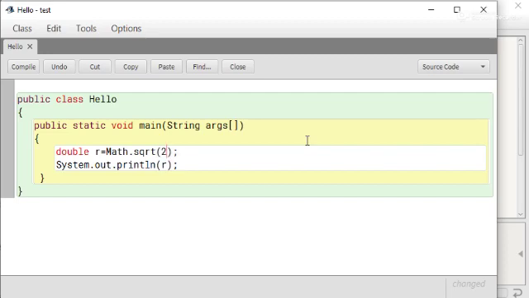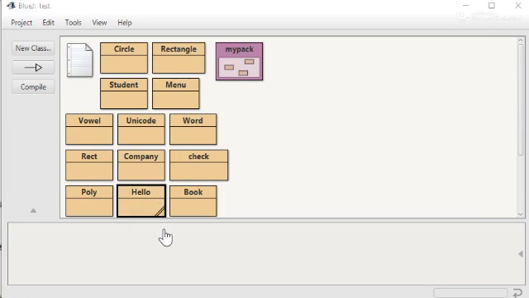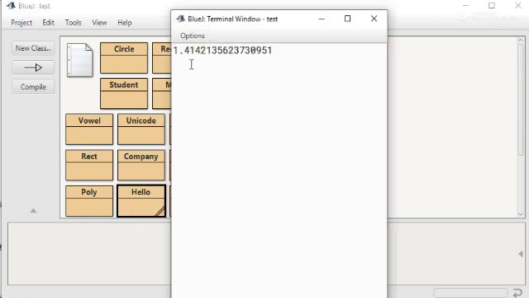It will display the square root of 2. Just compile the program and show the result. Void main, OK. 1.4142135623. What is this? This is the value of root under 2.